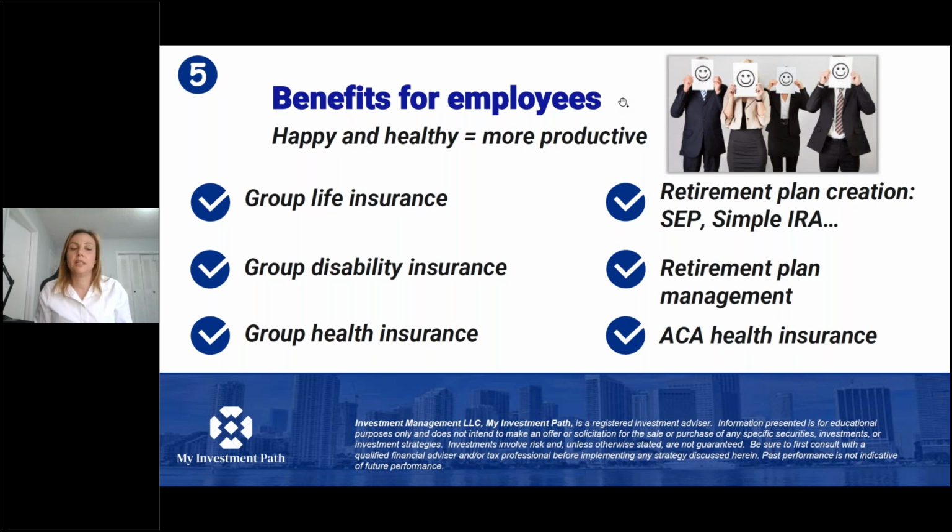Also, group disability insurance. This is very important. In Spain, we have Social Security, which covers any disability that we may have, and we have a very high cost of Social Security payments for the company. So when you have a short-term disability, first you have a few days of coverage with your company, and then everything else is paid by Social Security. But here in the US, you need group disability insurance.